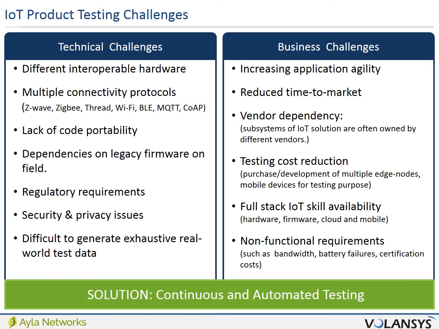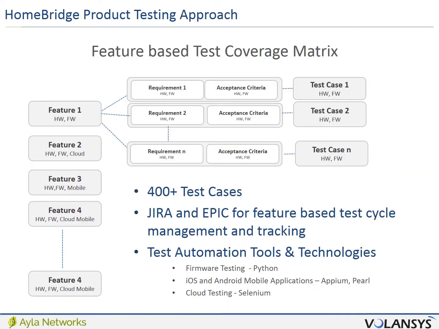In this particular deck, I wanted to cover the test coverage metrics that we used to follow. To ensure product test coverage for Homebridge, we followed an approach of preparing feature-based test coverage metrics. As you can see in the diagram, each feature is divided into requirements, and to fulfill each requirement, a set of acceptance criteria should pass to complete that feature. For each requirement, we have a set of test cases. We keep track of the same for each feature, and when all the test cases are passed for that requirement, with all the bugs fixed, we consider that feature as feature complete.